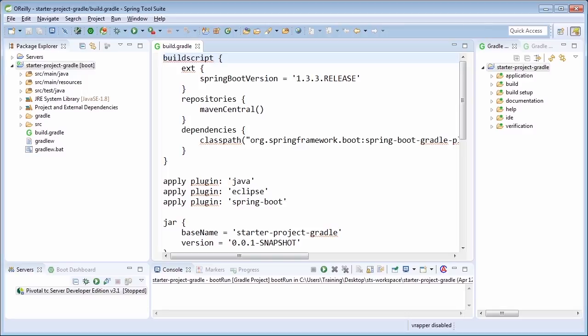One of the main features of the Spring Boot Gradle plugin is its ability to package the project as an executable jar or a WAR file. In this lesson, we'll walk through two demonstrations that illustrate the power of the boot repackage task within the Spring